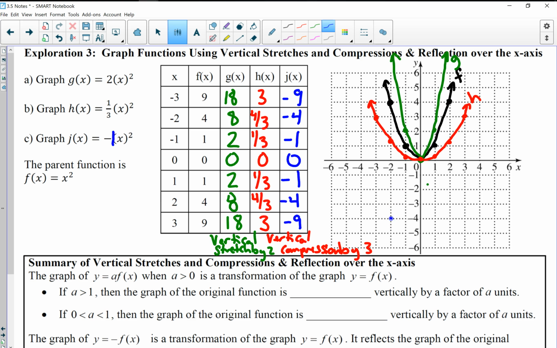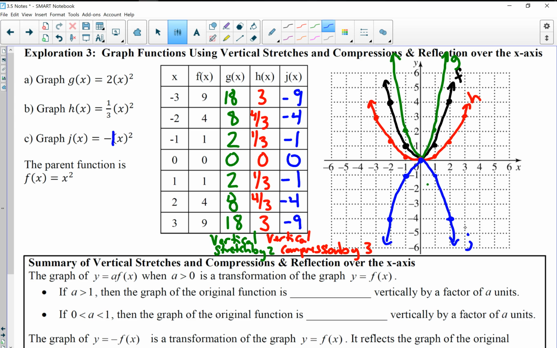So 2, -4, -1, -1, 0, 0, 1, 1, 2, 4. So we can, again, see that parabola shape still. However, it's not opening upward anymore. Now it's opening downward. And so what this -1 multiplier did to our graph is it reflected it over the